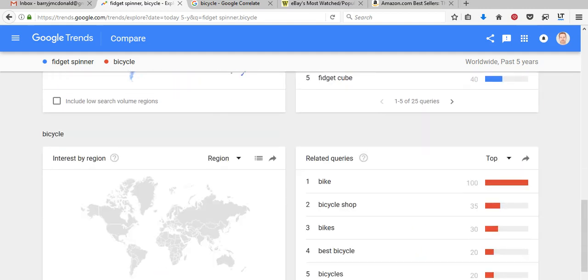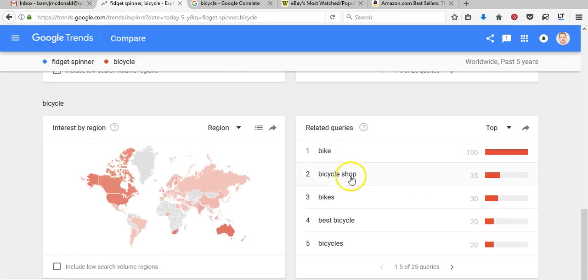And then if you come down to the bicycle section, this is kind of what people are typing into the search engines with the keyword bicycle. And then you can see whether the countries that are searching this term. So again, if you're writing articles, is the topic related to only one country and maybe not to other countries? So maybe you'd have a smaller market if you're only selling to maybe Ireland or whatever compared to writing articles for the United States.